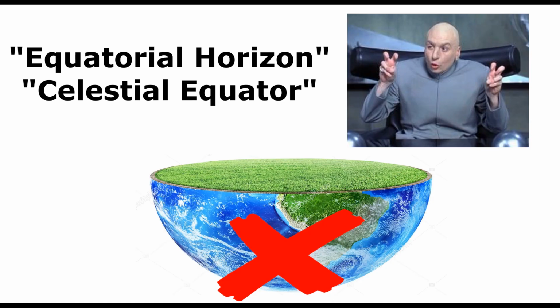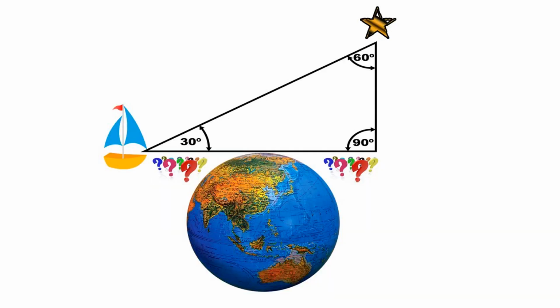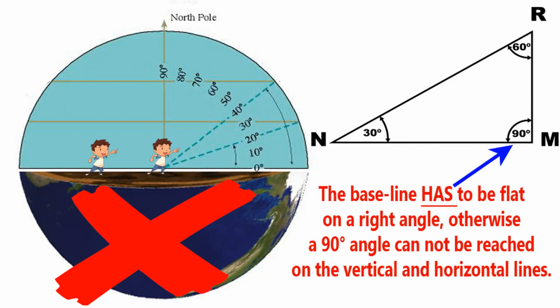Let's now go back to our flat Earth, equatorial horizon. All measurements are made using a right triangle with a 90 degrees. The baseline is always flat because Earth is flat. You cannot have a 90-degree angle with a flat baseline on a ball Earth. Nowhere have I found any calculation using ball Earth math. Real calculations. The baseline has to be flat, otherwise a 90-degree angle cannot be reached on the vertical and the